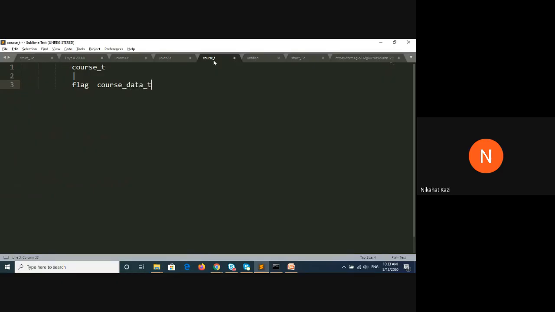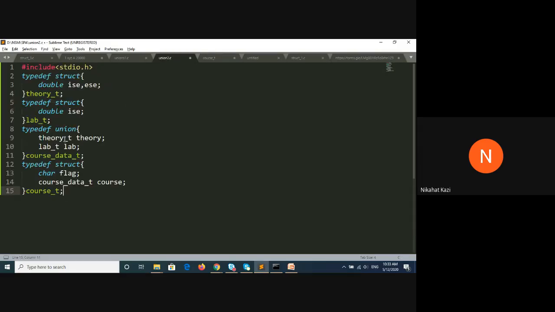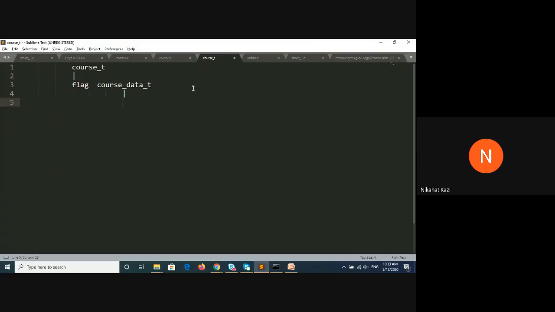I'm just writing it so that you understand. So now this course data type is a union. It is having two: one is theory, one is lab. So one is of type theory T, the other is of type lab T. So theory type, and second is lab type.